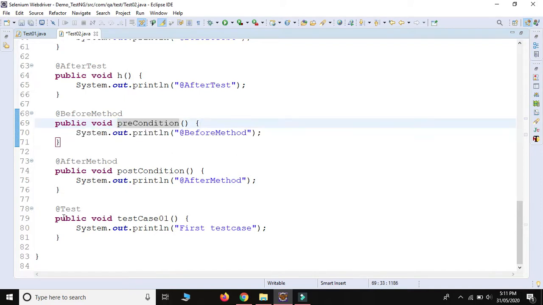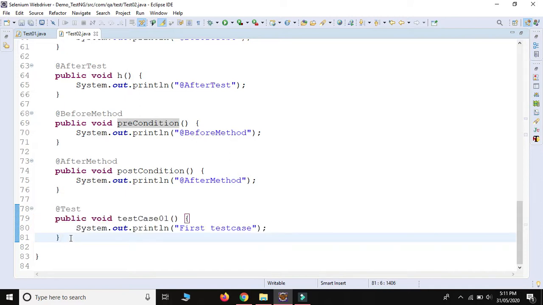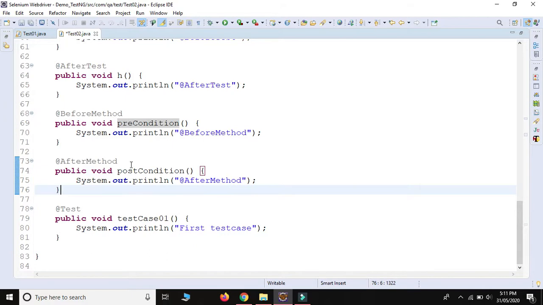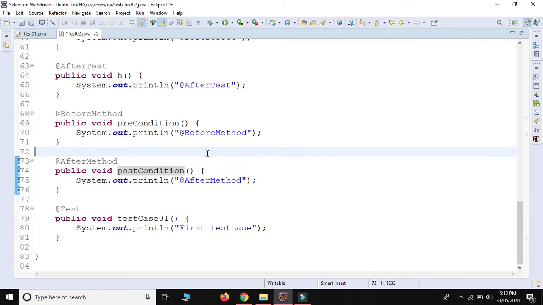And then we write the code, our business logic, verify the title or verify whether some web element is present or not. It depends on you. And after verifying, we need to close the browser. So we use this @AfterMethod. This is known as a post condition, which means after testing we need to close something, so we use a post condition.